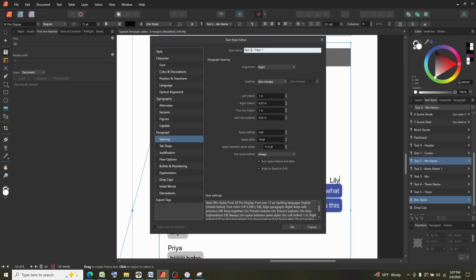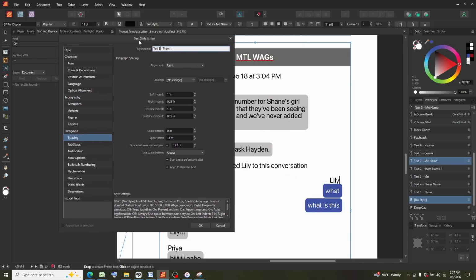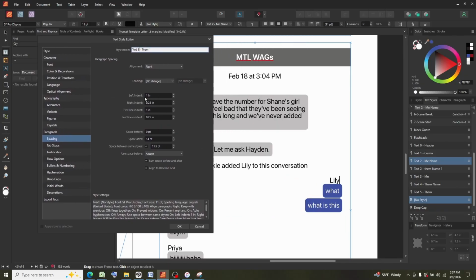And I'm on text number 5. And in the spacing area, this is going to have to be swapped around. So I'm going to change from right to left for alignment. And I'm going to be changing this, so instead of 1.25, 1.25, it goes 0.251, 0.251. So I'm going to take this and do that. And put that as 1. And now I have that set the way I want it, and I'm going to keep everything else the same